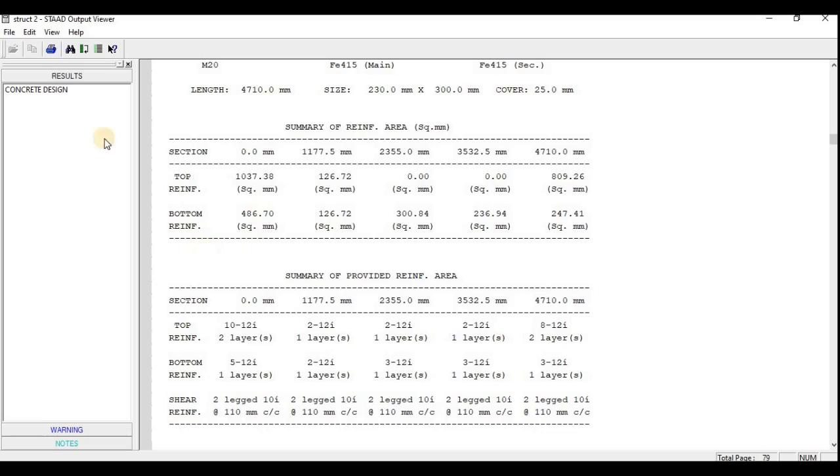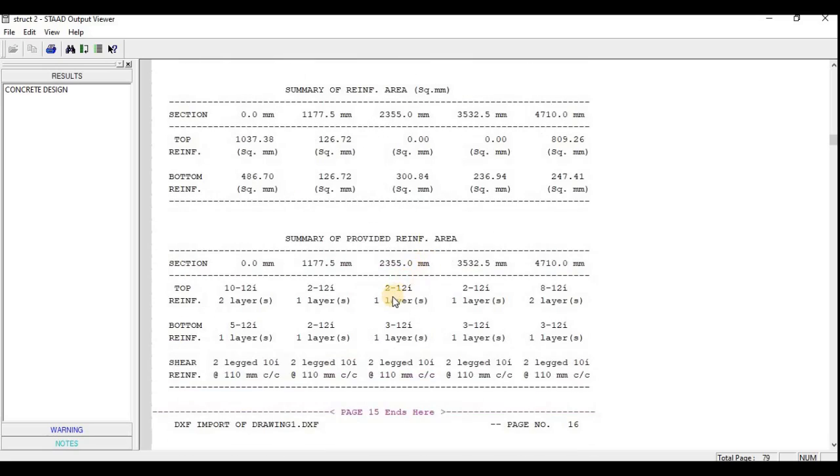During moment distribution this portion gets the maximum moment, and here it will be the minimum moment. See here, AST is only 247, and in the middle it is 300. So if you look at another beam, that is how it is analyzed here.